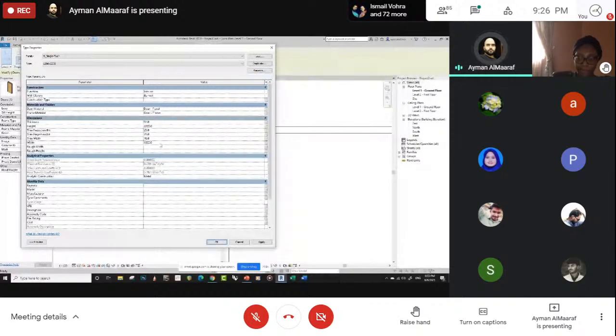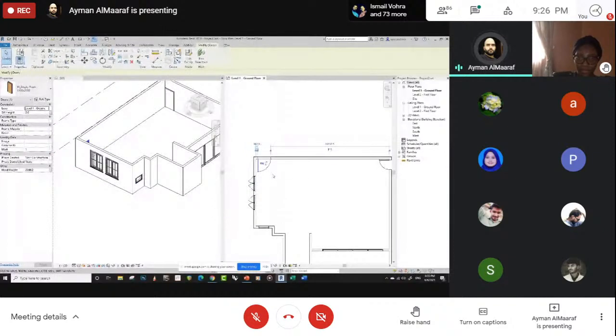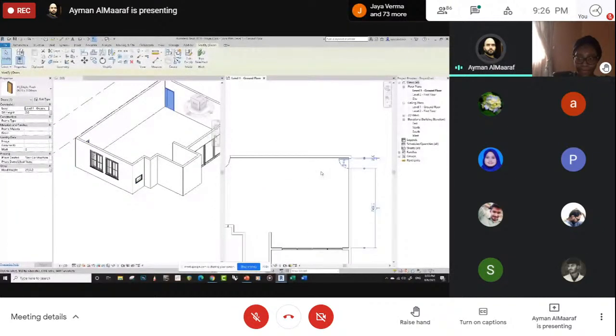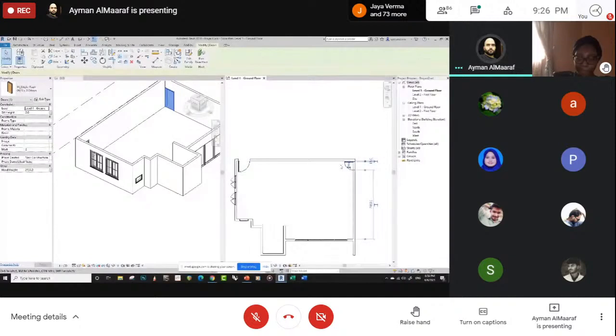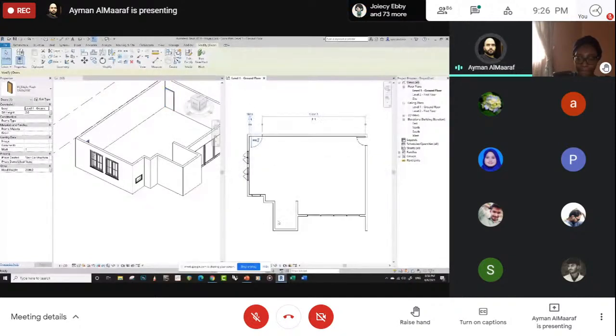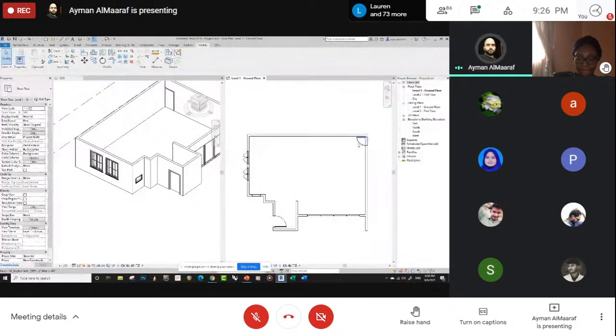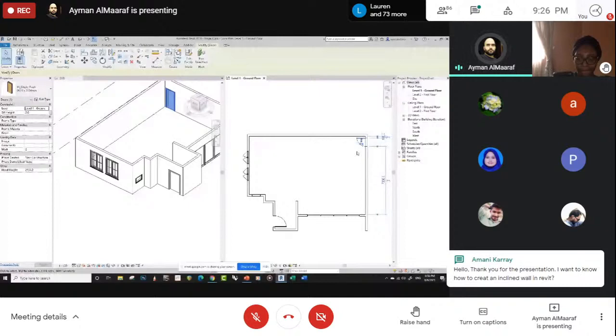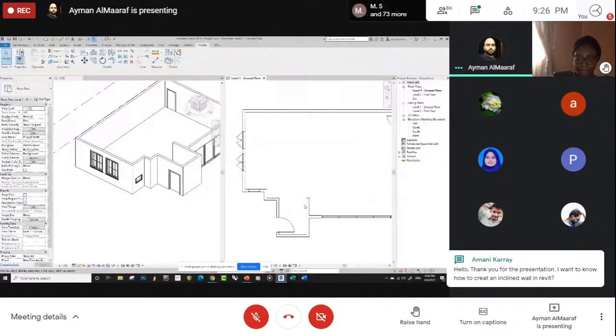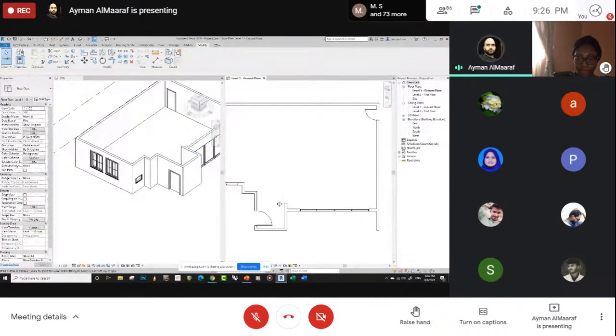And as you see, the changes I made on this door did not affect anything on this door. So we want this as a back door. We want our front door to be, for example, right here. Let's delete this and make this our side door. We want to have, let's move this to the side. We want to have